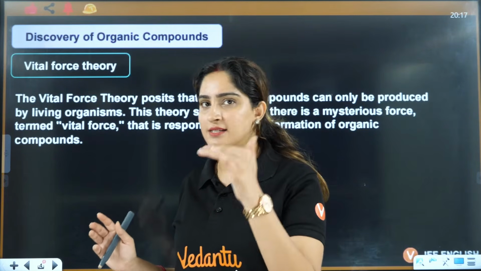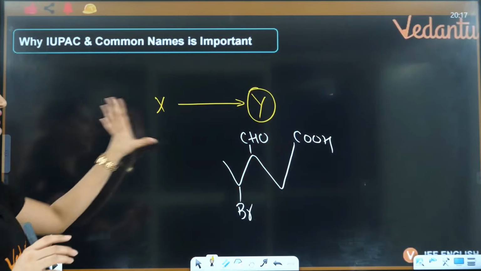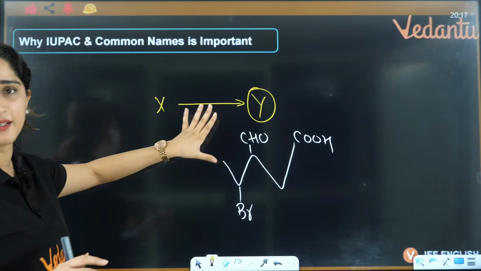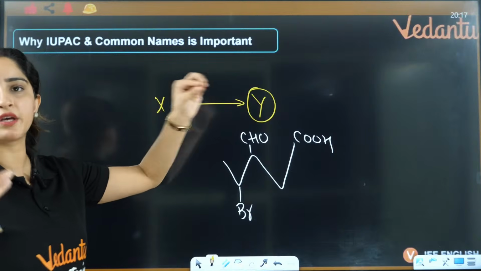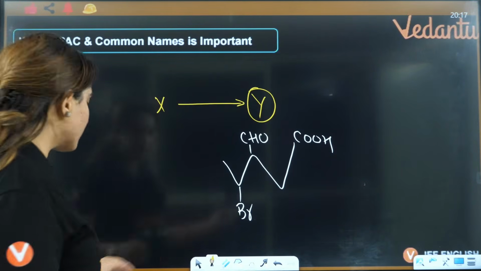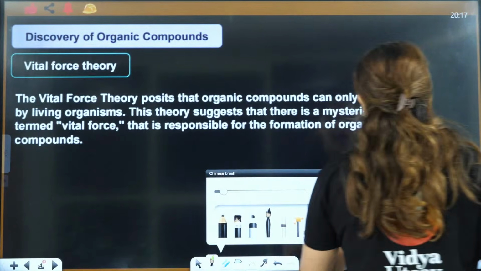Yes everybody, so I'll just start what I was telling you, that why we need this. I think you already know this, do I need to repeat it? We need this because in some questions, structures are not given, rather they give you IUPAC naming. Now let's start with organic chemistry.